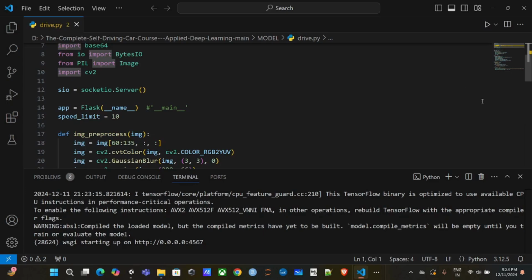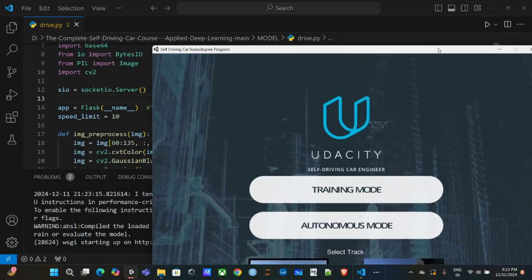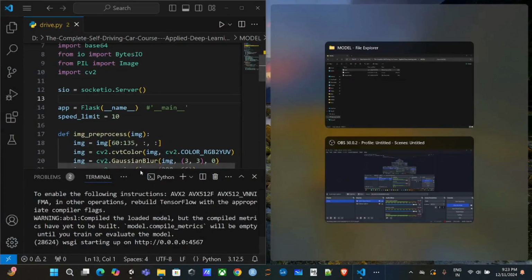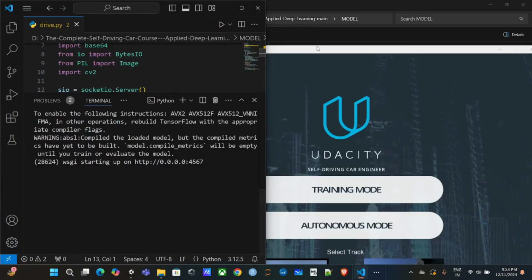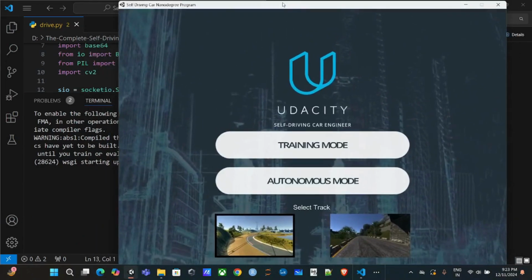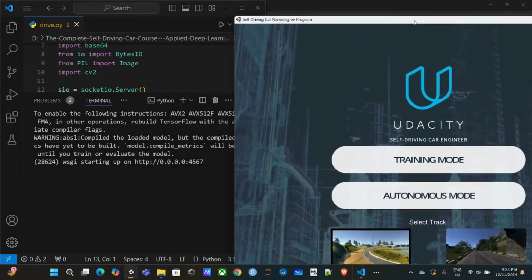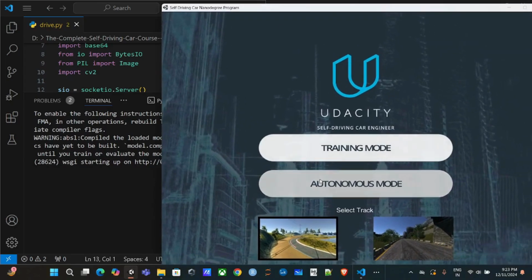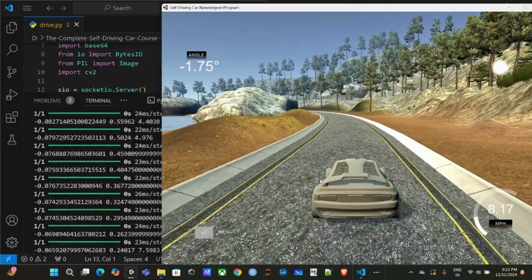Okay, so let me show you. As you can see, I have run this code. Now let's again open this Udacity app and keep this here. As you can see, it states that it is starting. Okay, so let's open the autonomous mode. Now as you can see,